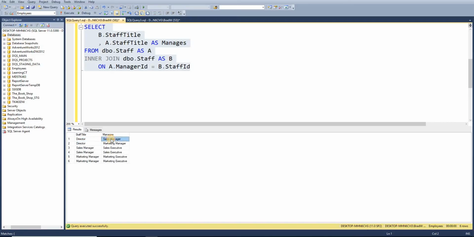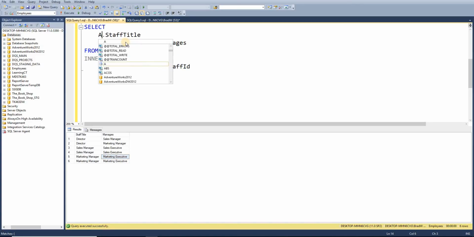The director manages our sales manager and our marketing manager. Our sales manager manages our sales executives, and our marketing manager manages our marketing executives. So remember, I was talking about different joins there. So if I change it back to the way we had it, so if I just alias those columns and change that to reports to,